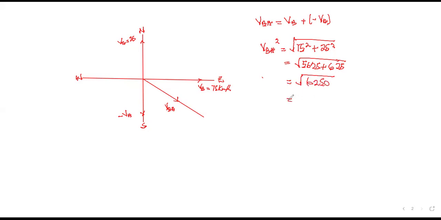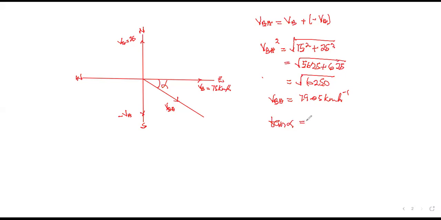6,250. And the square root of this, what's the square root of this? 9.05 kilometers per hour. We can also find the direction. The direction, you find this angle theta,